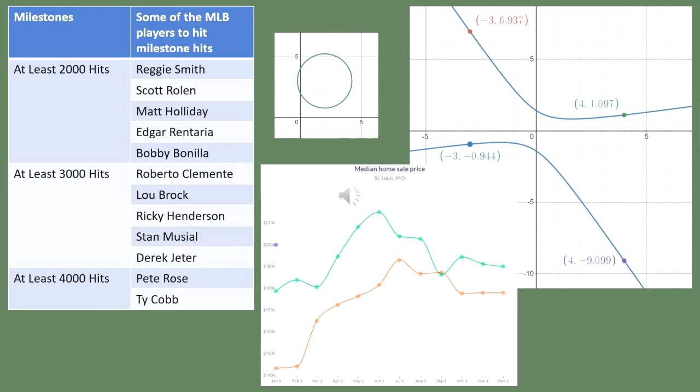Same thing with at least 3,000 hits. Now, at least 4,000 hits, there's only been two Major League Baseball players, Pete Rose and Ty Cobb, but it is more than one. So this does not fit the definition of a function, yet it certainly is a mapping